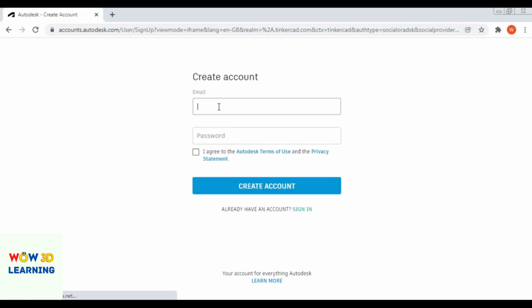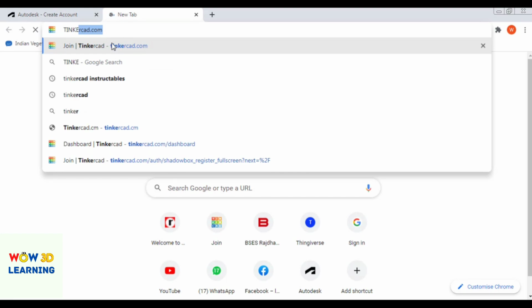Now press next. Here you have to fill in your email as well as password, and after filling this in you have to check this box and press create account. With this process your account will be created. I already have an account, so I will directly log in.